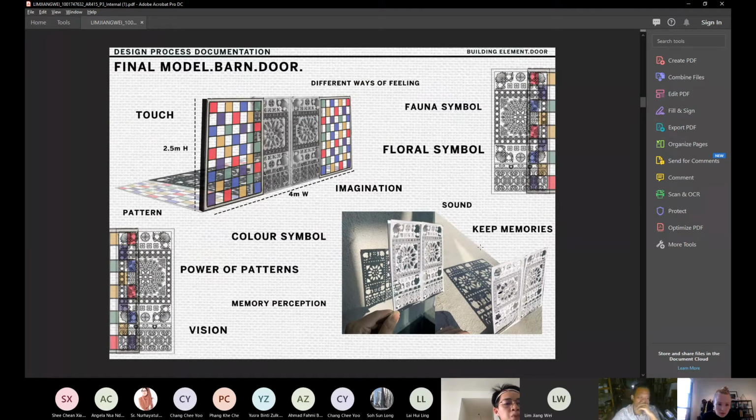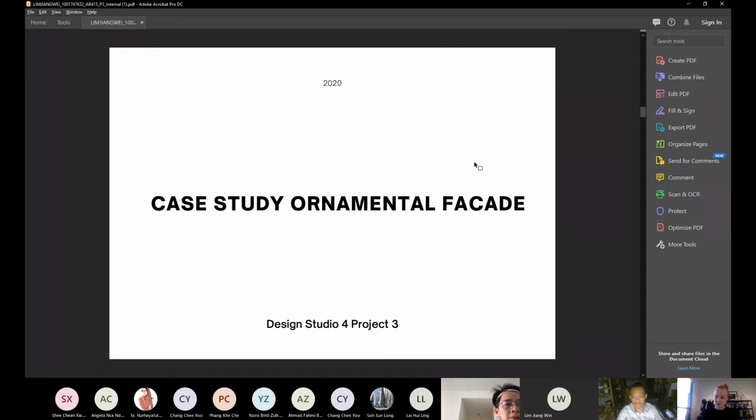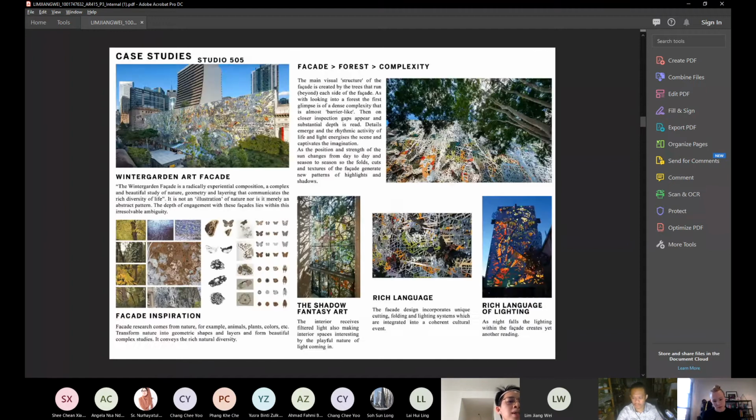So you can see that when the door is closed, it becomes a decorative wall. This is representing, making the visitor feel it and appreciate it. For example, the detail of the door patterns. So touch, yeah. So in this case study,